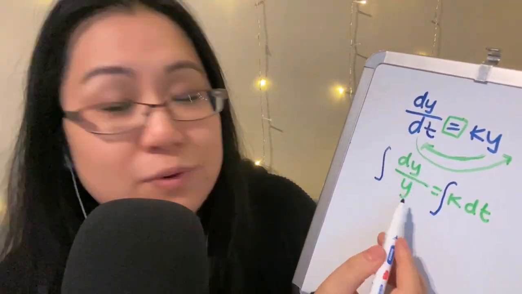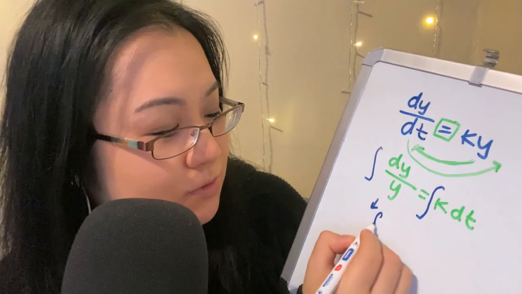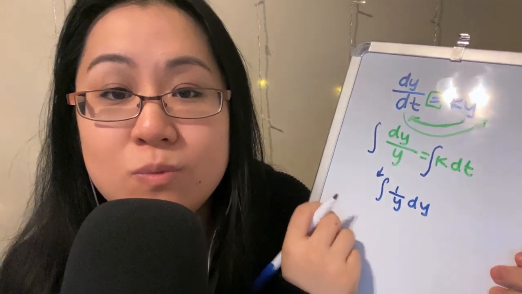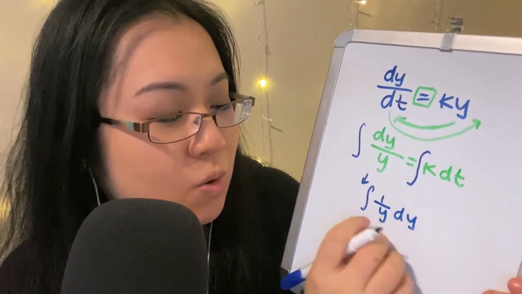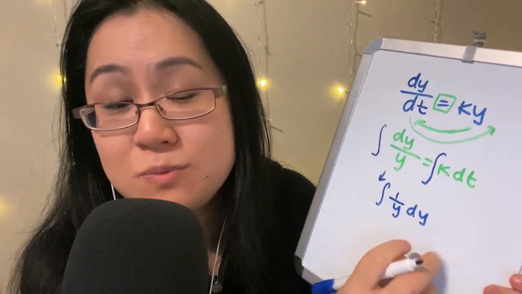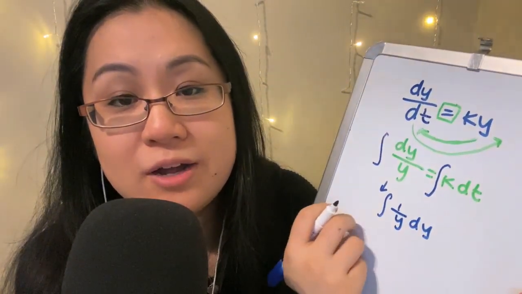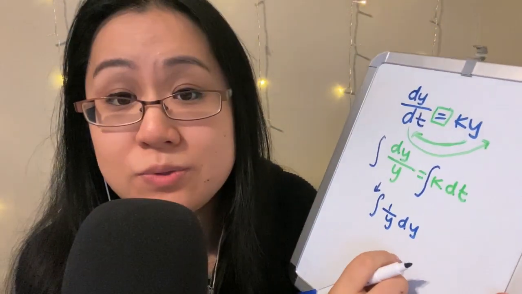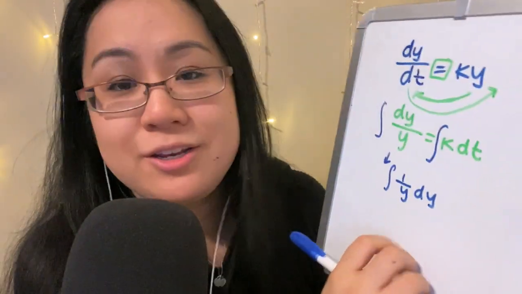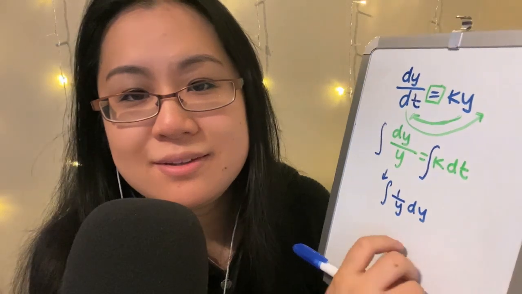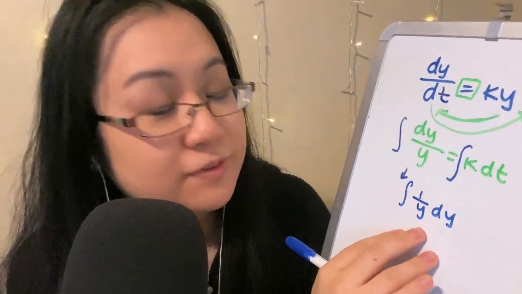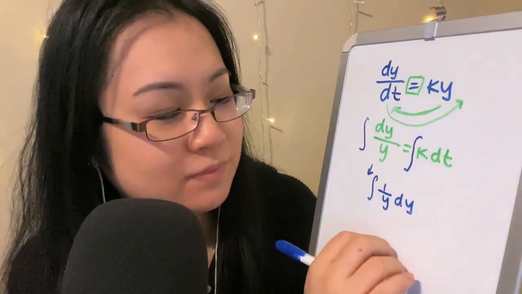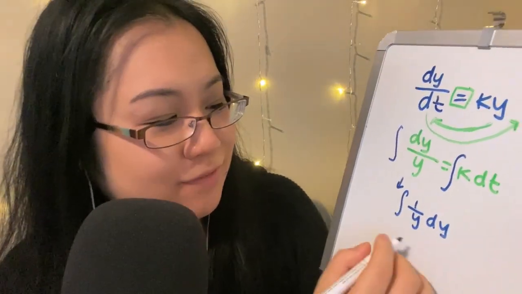The integral of dy over y. It might be easier to write that as 1 over y dy. And what is the integral of 1 over y with respect to y? Or you can think of it as 1 over x with respect to x. What's the integral of 1 over y? This is one of our basic integrals. Do you remember? In other words, the derivative of what gives me 1 over y, or 1 over x, or 1 over whatever. Exactly, the natural log. Very good.